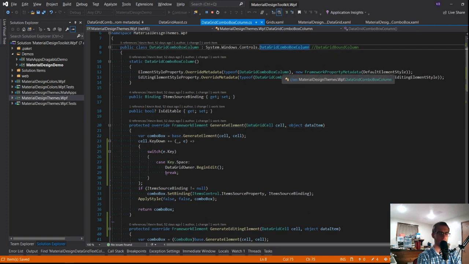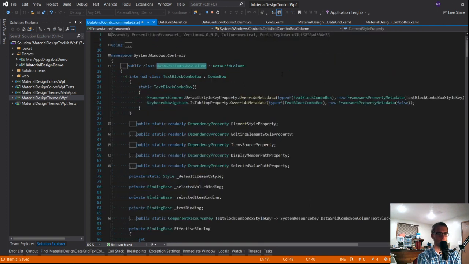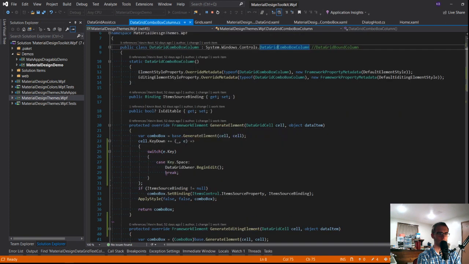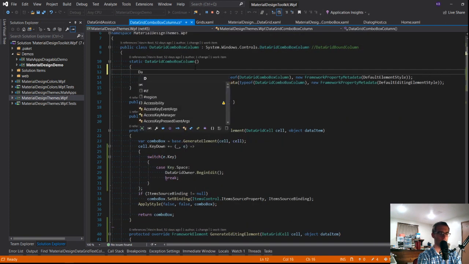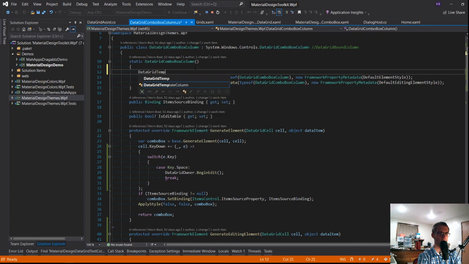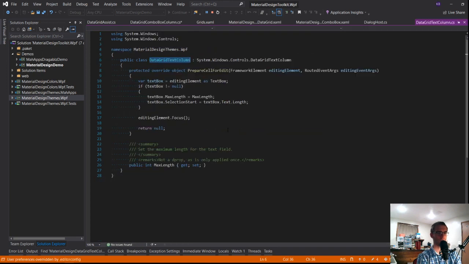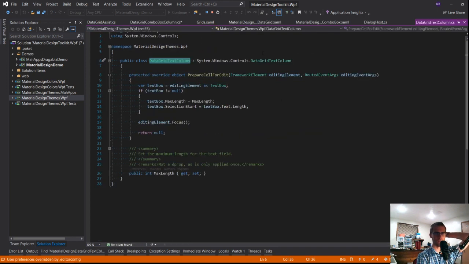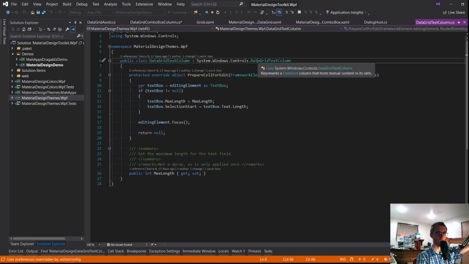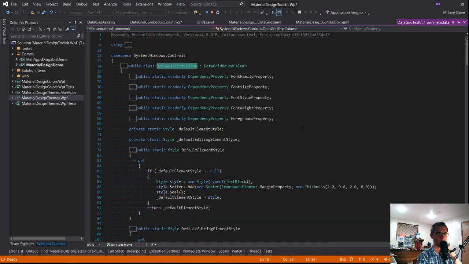Let's look. I feel like there has to be a better way. And actually, let's do this. Datagrid text column. So I'm kind of curious because something is watching for that space bar, and I want to know where in the hierarchy that's happening.